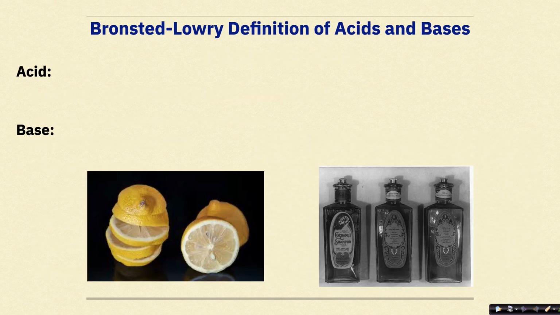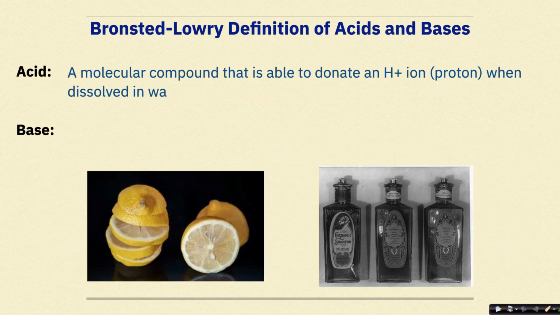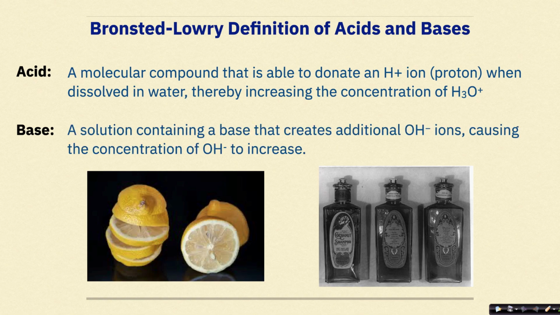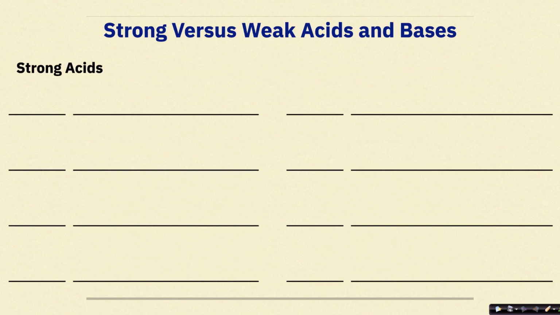A Bronsted-Lowry acid is defined as a molecular compound that is able to donate a hydrogen ion, otherwise known as a proton, when dissolved in water, thereby increasing the concentration of the hydronium ions. A Bronsted-Lowry base is defined as a solution containing a base that creates additional hydroxide ions, causing the concentration of hydroxide ions to increase. There are a few strong acids that you definitely need to know in this course, the